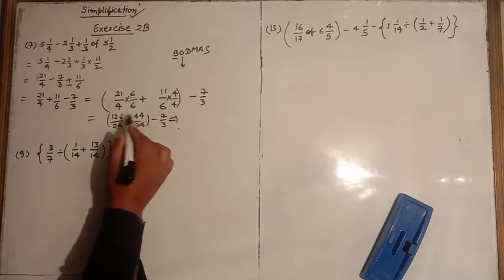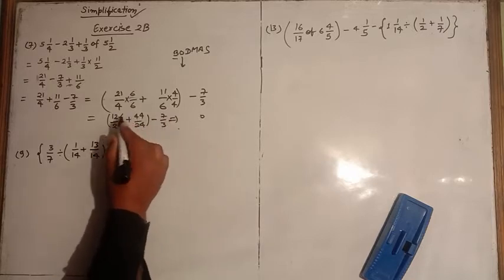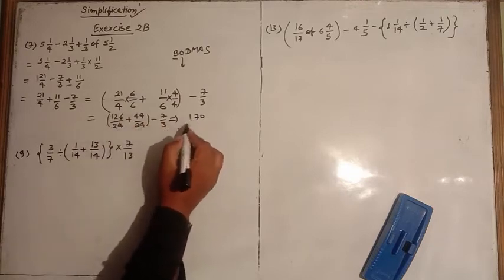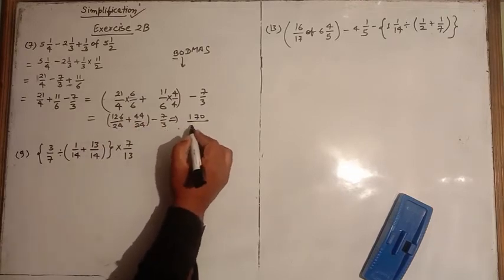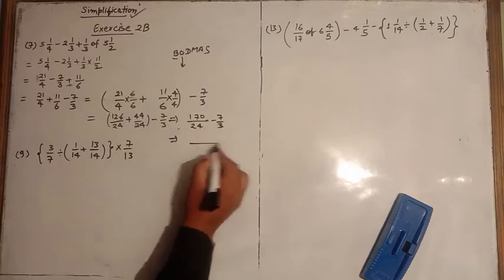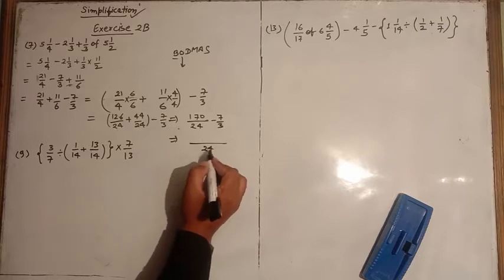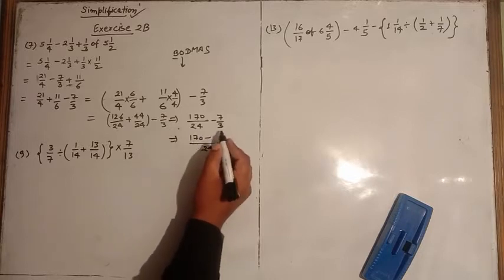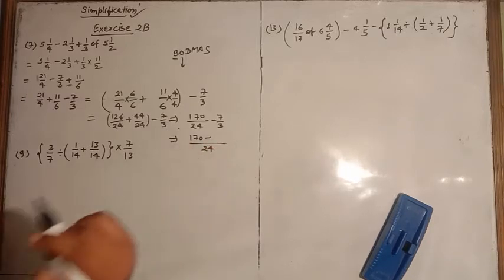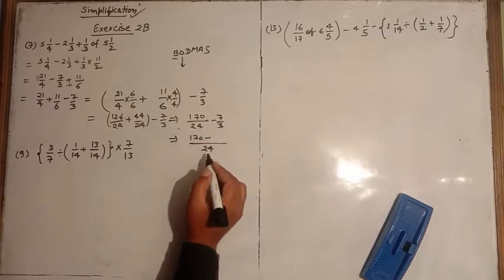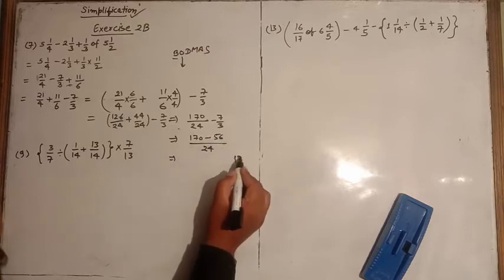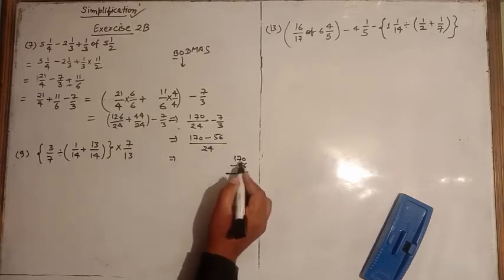It will be equal to 6 plus 4 is 10, carry 1, 4 plus 2 is 6, 7, so 170 it will become, and 24 minus 7 by 3. Now LCM will be 24 only, so 170 you will write minus 3. How many times? 8, 8 threes are 24. So we will multiply 7 with 8, it will become 56. Now 170 minus 56 will be equal to 114.